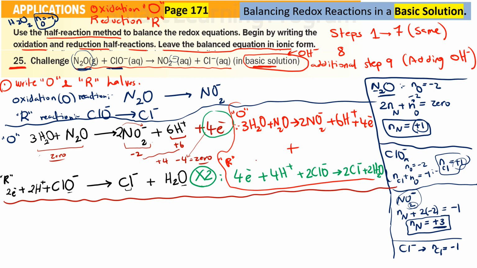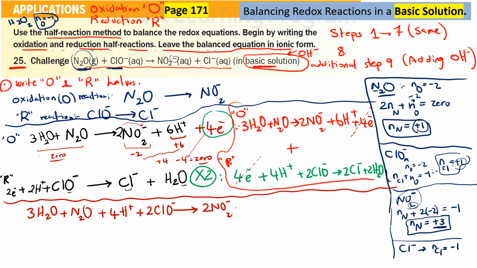If we add the two equations, you know that 4e- is going to go with 4e-. Why? Because this one is in the reactants and this one is in the products, so when we add them they will cancel each other. So it will be 3H2O plus N2O, plus 4H+ plus 2ClO- gives me